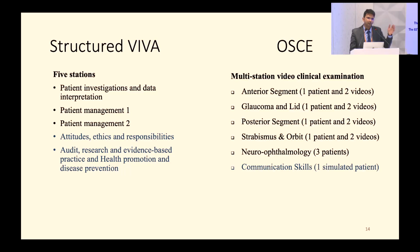You have videos which are shown to you, which will be very focused on a particular finding or a particular disease, and you have to answer the questions that you will be asked. And then you have one patient in each station, and you will be asked to do a focused examination on those also. So you have different stations, and then in the last, you have a communication skills station,